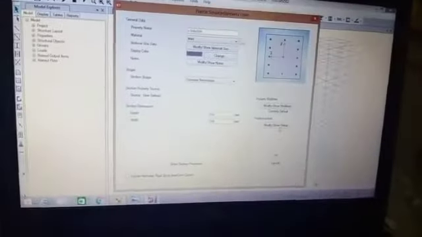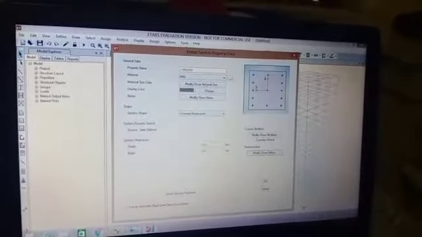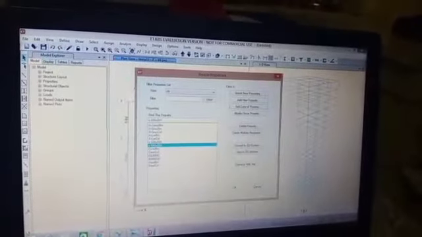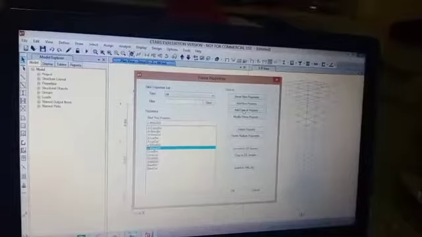And you don't have to click modify or show rebar since it does not change the column. Okay, click on OK, click on OK, and add copy of property again,